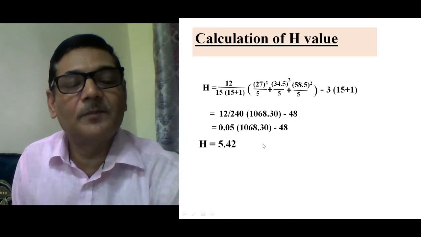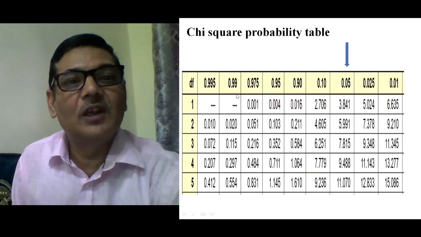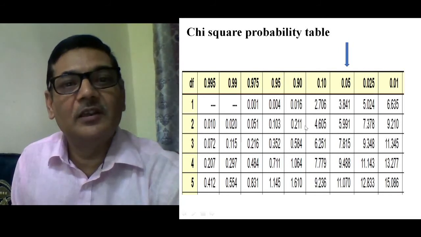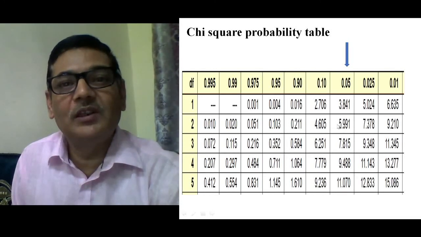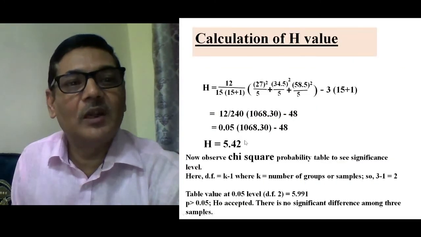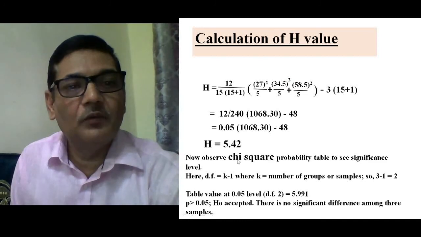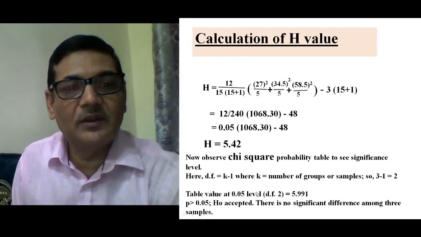Now you need the chi-square table to do the rest of the things, and this is the chi-square table. Here in the chi-square table you will actually need the degree of freedom, and since 3 samples are there, it will be 3 minus 1, that is, the degree of freedom will be 2. At 2 degrees of freedom, the value at 5% level is 5.991. So we have to compare the calculated value with this 5.991, and what we observe is that the H value has come 5.42, and through this chi-square table the value at 5% level at 2 degrees of freedom has come